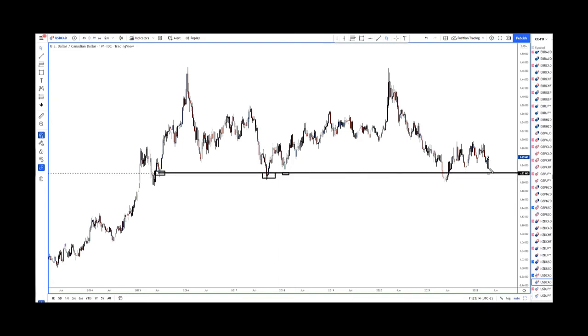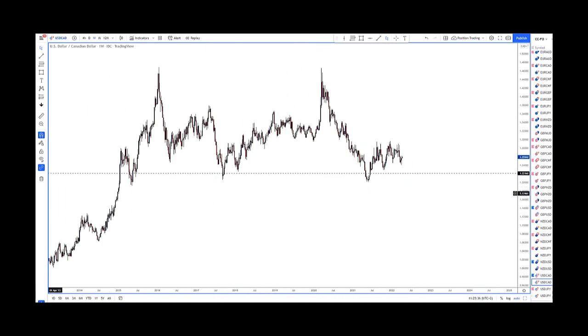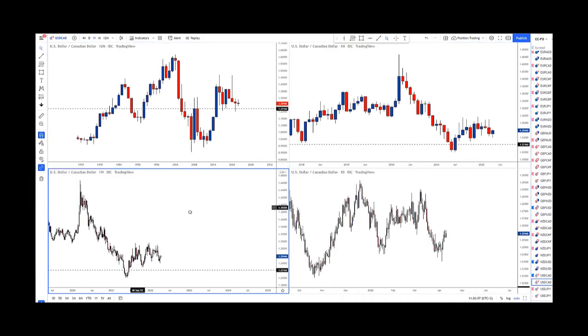And if price happens to do something like this, let me just do this properly by giving myself a bit of space. So if price does, and this is the weekly chart, 2 time frames below, okay? If price does anything like this, then I change my bias, because this is the line in the sand for this pair. Anything above it, long. Anything below it, short. Once I see this, then I'm flexible enough to change my mind. Until then, my bias is clearly up, and that stands out to me like a shining star.